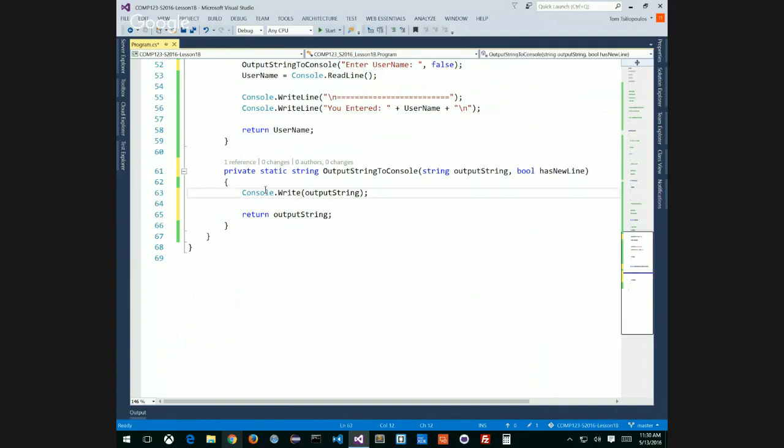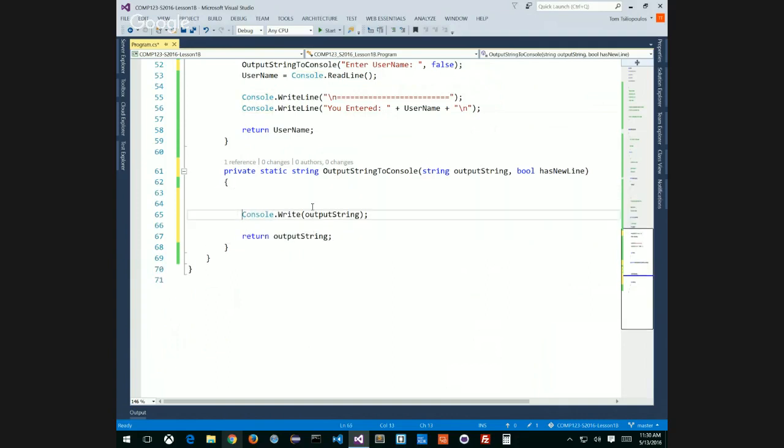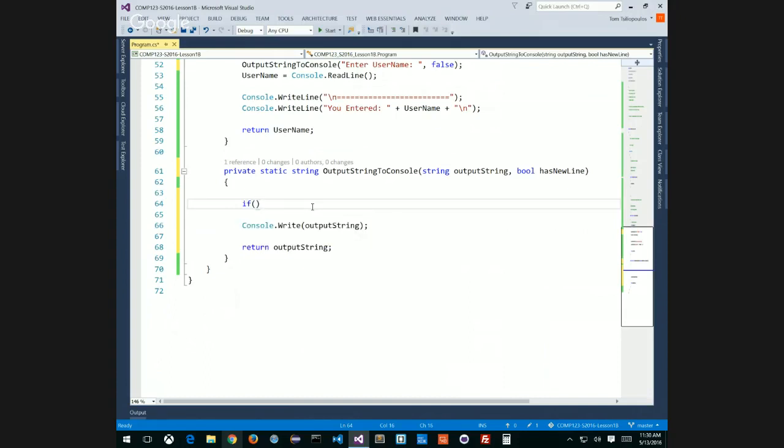So let's test that. I'll add those two parameters in there. So I'll say if, I'll test has new line. Do I have to put has new line is equal to true, or can I leave it as has new line? Come on, this is a test, a trick for all you awesome programmers out there. Yes, I can leave it. Has new line by itself means it exists, it's true, right? So if has new line,